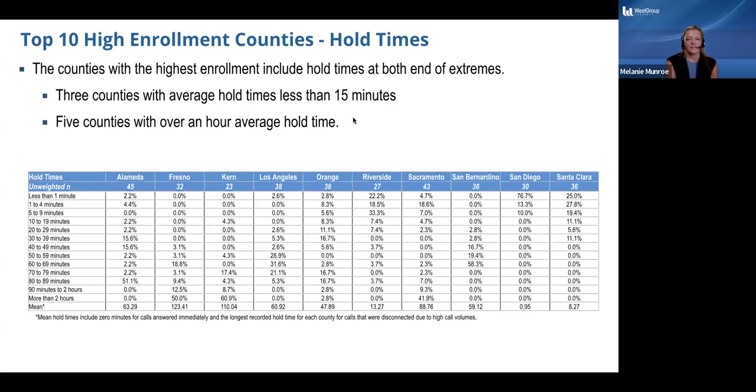We can also see a real difference between these counties and San Diego. And in San Diego, a lot of the calls, again, were answered immediately, but also those where they weren't answered immediately had very short wait times. 10% of calls had a wait time between 5 and 9 minutes, and 13% of calls had a wait time between 1 and 4 minutes. And then 77% of calls had a wait time of less than a minute. So even when we did go on hold, we captured the amount of time that we were on hold, even if it was under a minute, even if it was 45 seconds. So that's why you see that 77% of calls in that county were under a minute.